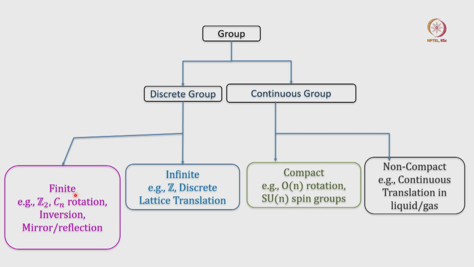Whereas the finite one will be, for example, the discrete rotations. Okay, so many of these lattices have discrete rotations, like a square lattice you can rotate by 90 degrees and everything remains the same, and then 120 degrees and 180 degrees and so on. So, that is the discrete rotations. Inversion, you go backward, then if your theory remains invariant, that is an inversion symmetry. I am focusing on the symmetry group because that is what we will be needing. And mirror, you put a mirror, and if everything remains the same, that is also a symmetry, and the elements of those groups